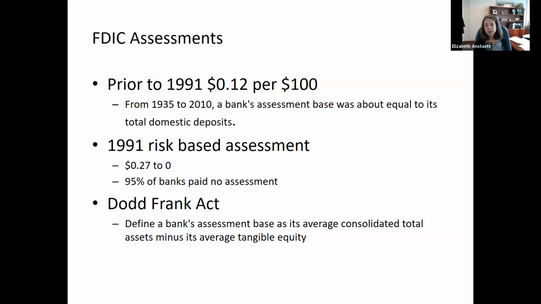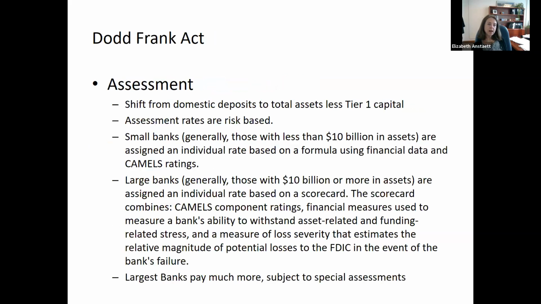And so now the FDIC does the assessment based on assets. And they look at all types of assets, again, the contractual arrangement type of assets, as well as the traditional loan assets. So the Dodd-Frank Act really shifted the assessment base to basically make the larger banks pay more. They're still risk-based. They also have a large bank system and a small bank system, and we're seeing that more and more in bank regulation, having to divide banks because the large institutions are so different from the small institutions. And so the risk